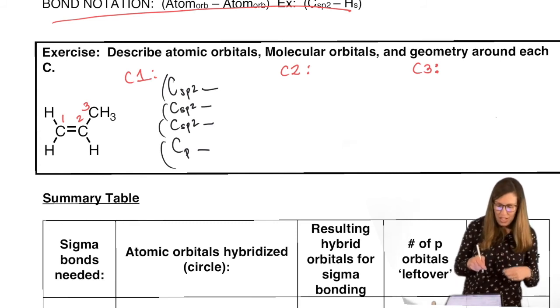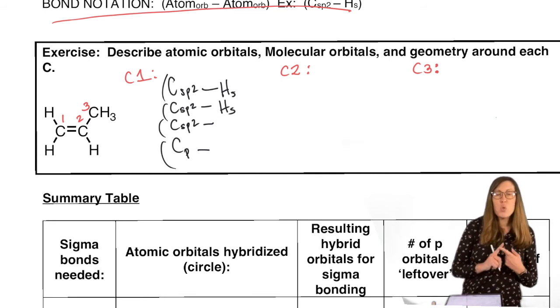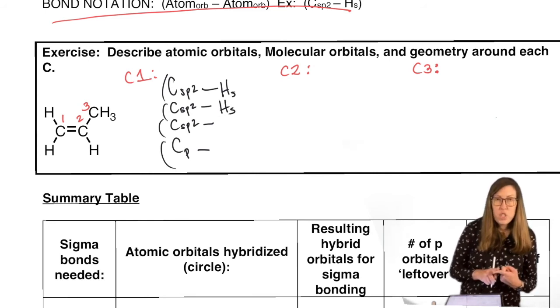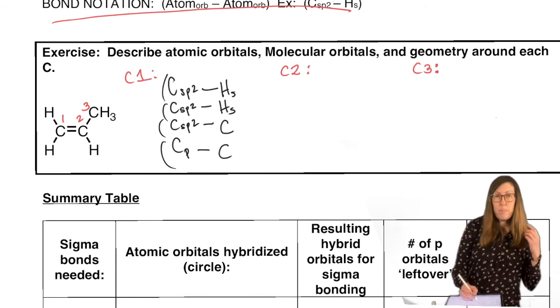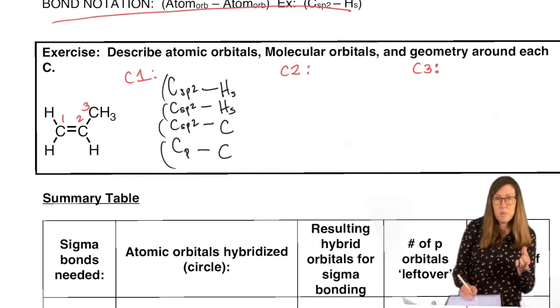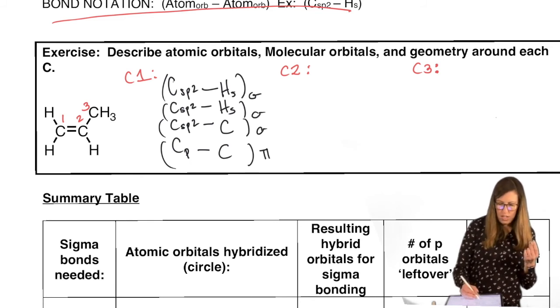Now what is it bound to? It's bound to 2 H's, easy peasy. H uses s. It's bound to carbon number 2, 2 times. Carbon, carbon. But 2 different ways. 1 in a sigma bond, 1 in a pi bond. So these are all sigma, sigma, sigma, pi. So carbon 2 is going to be pi down here, because that was what the other p was.